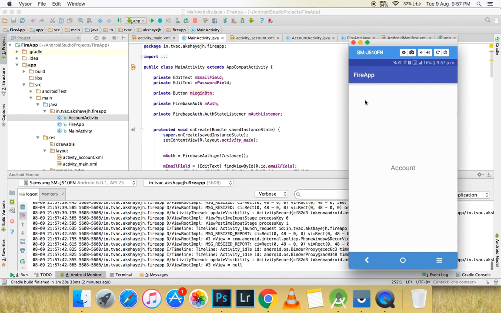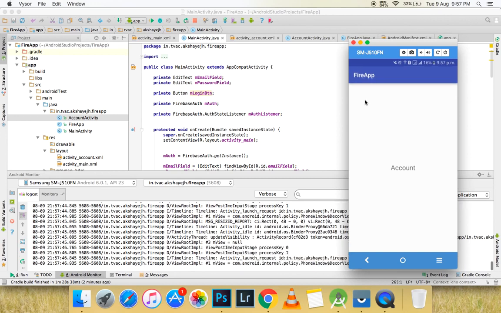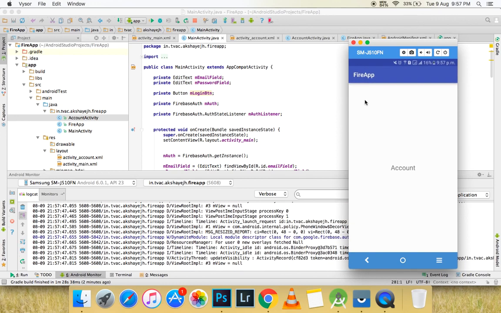Now there are obviously a few things that you need to create, like the progress bar, changing the UI, and intent flags so that the user won't be able to go back. And there are a few more things, like in the account you need to also check the auth state, whether the user has logged in or not. So we will be proceeding to those things in later parts, but for this tutorial you just try out the create account,